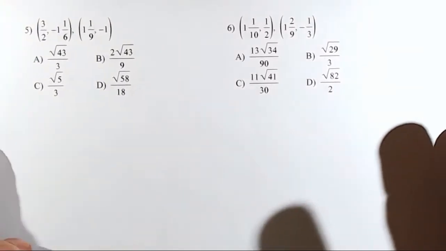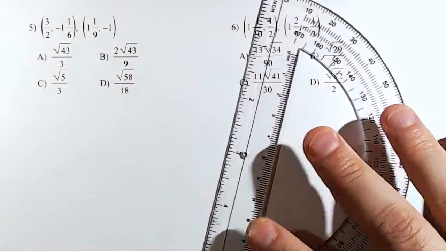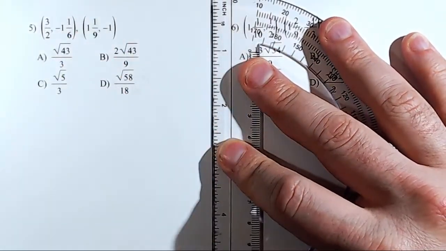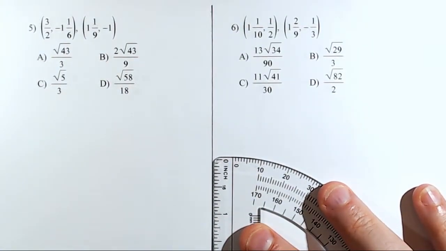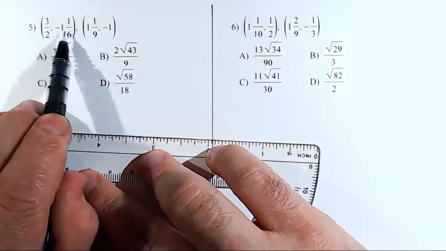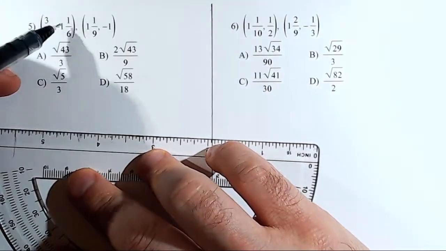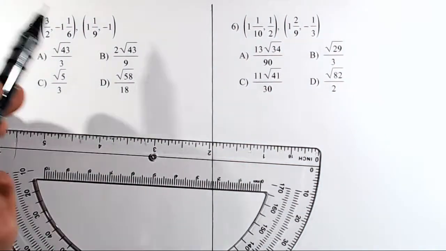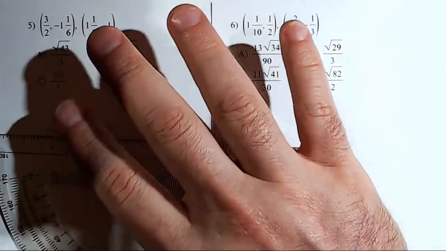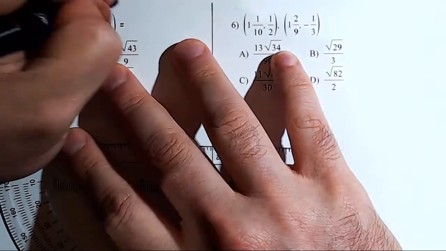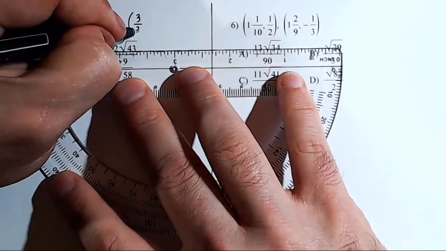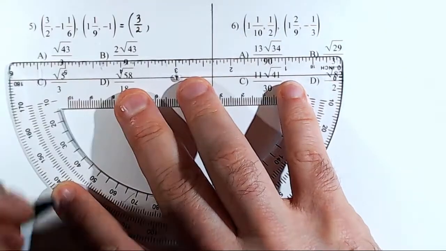Okay. If I'm going to plow ahead, do number 5. Okay, so I've got to convert some mixed fractions here. This will be 7/6 and 10/9. So this is going to equal 3/2,